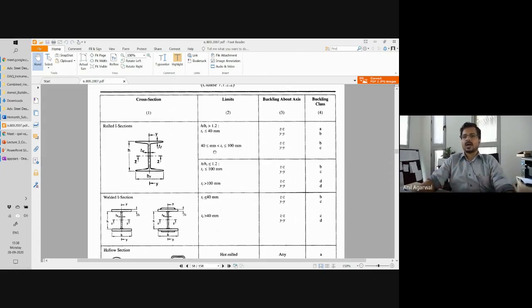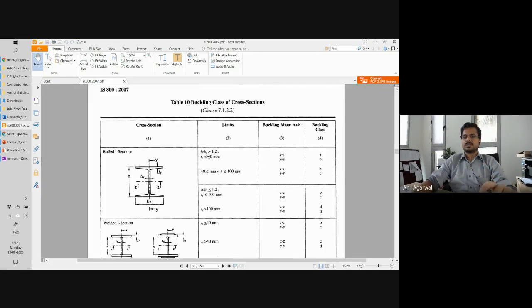So if your alpha factor was only accounting for the imperfections, that is geometric imperfections, then this distinction between the thickness of the flange being less than 40 or more than 40 would not matter. If it is less than 40, you call it classes A and B. But if it is more than 40, you call them classes B and C, that is lower classes. B and C is lower than A and B, right? So why are we doing that? Because it is a residual stress effect. Okay. Imperfection effect, where is it visible? How do we know that alpha here is also accounting for the imperfection effect?